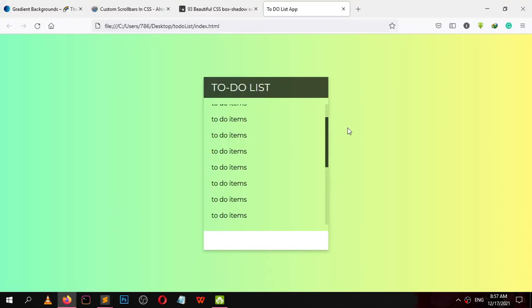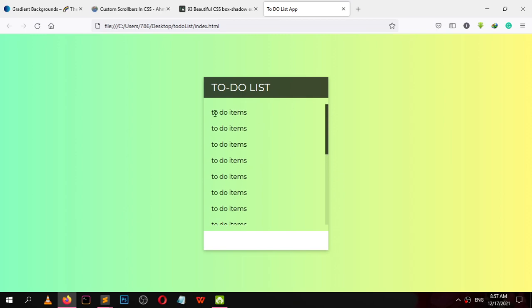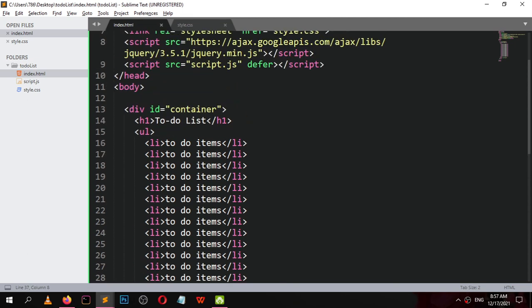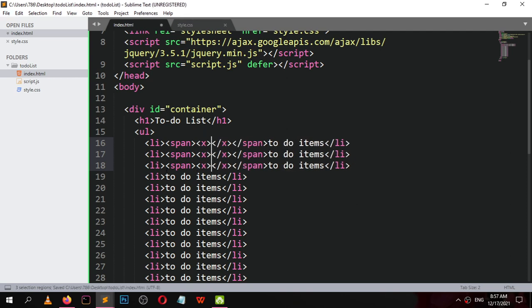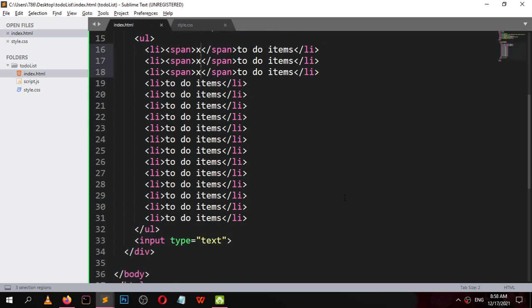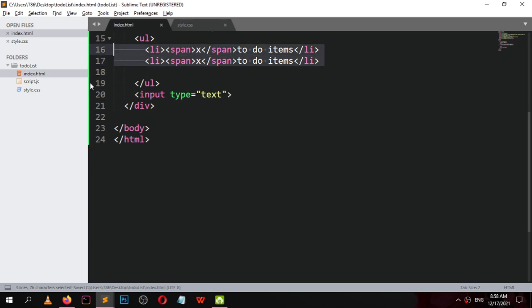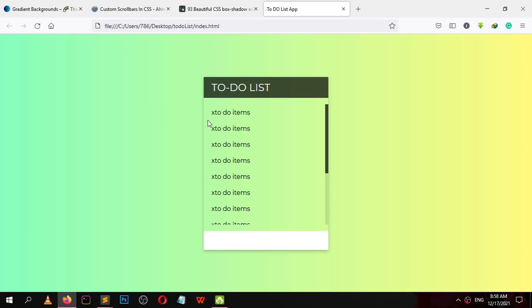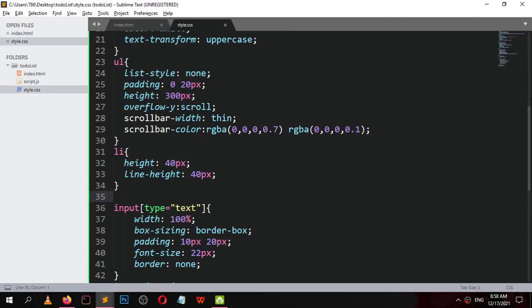Now we need one thing. When someone hovers, there should be a button visible. So add this button to all elements. The button should be a span element and has an X. This X, we are going to design this X now so that we can delete the element. This X, select the span,